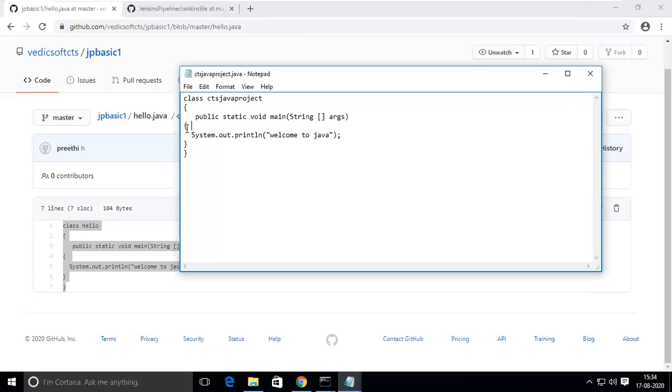Usually it looks like that. This is capital S only. This is the structure. I want to print a statement, that's it. So welcome to Java project, I put a different name in quotations. I put CTS1 2020 Java projects. This says welcome, or hello, or anything you can give.